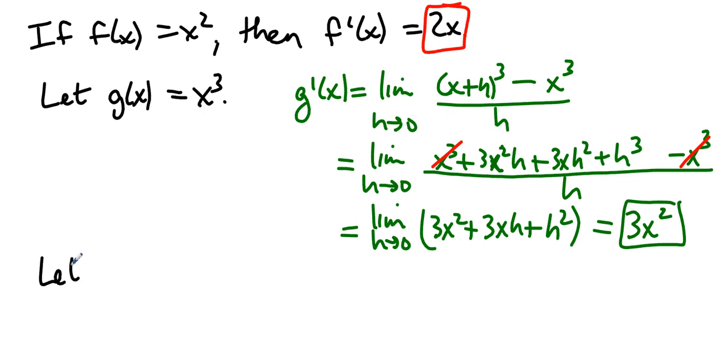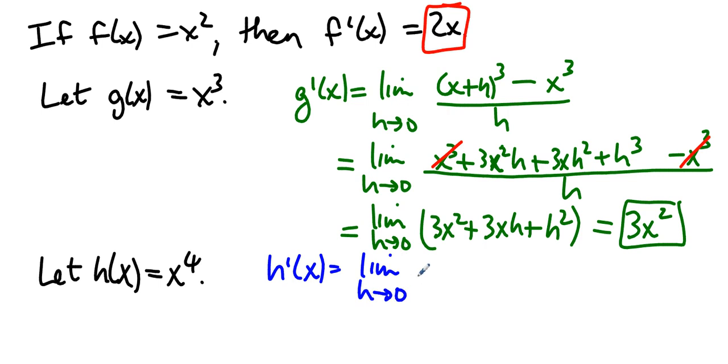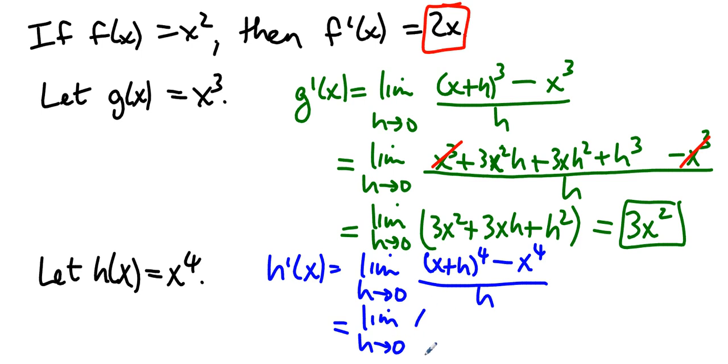Well, dare we tempt fate again? And the answer is yes. H prime of x is the limit as h approaches 0 of our function at x plus h minus our function at x over h. And through algebra that is very, very similar, we expand the brackets. An x to the fourth will cancel out with an x to the fourth, and you end up with 4x cubed h, 6x squared h squared, 4xh cubed, and h to the fourth